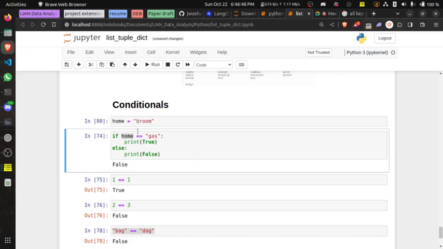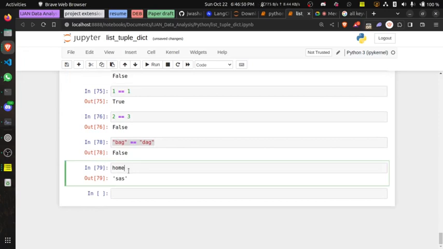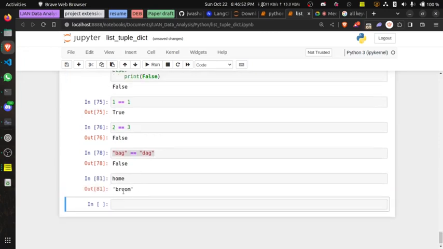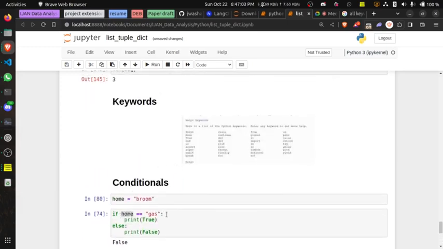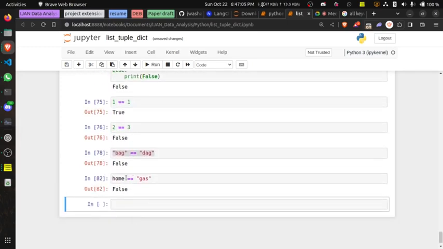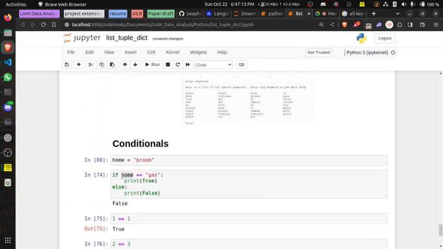Now if you check ohm here, you get broom. Now if you compare this with another string, let's say gas, like we did up here, I'm taking this statement and bringing it down here. So you're checking, is ohm equals to gas? What's the answer? False.